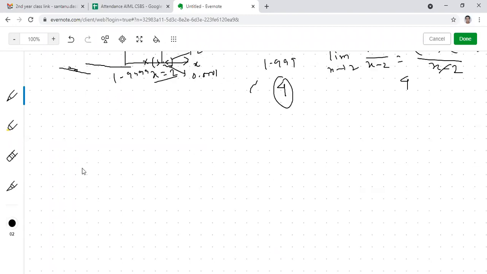Now, what will happen if I consider this function, let's say f(x) equals 1 by x. Here f is defined from the set of real numbers to the set of real numbers. What will happen here? Here also at x equals 0, since your domain is the set of real numbers, 0 is included in the set of real numbers. So at 0 this is not defined. So at 0, I need to check whether the approximated value of f(x) can be found or not.